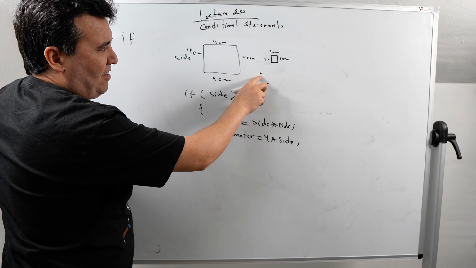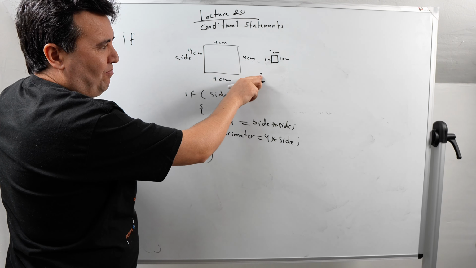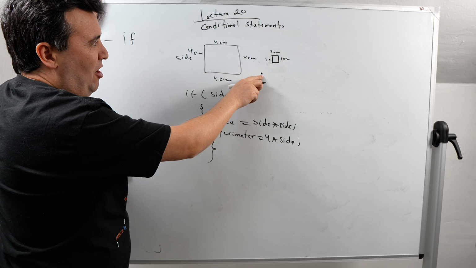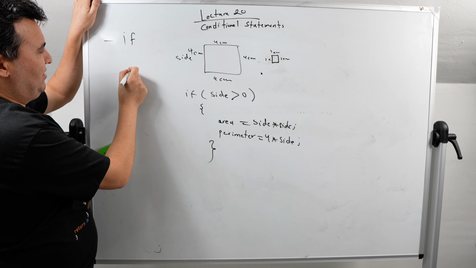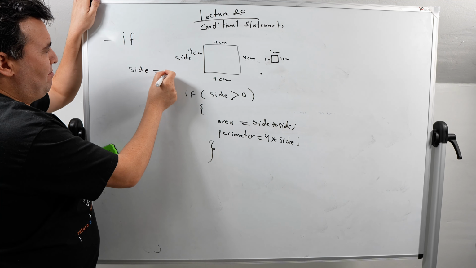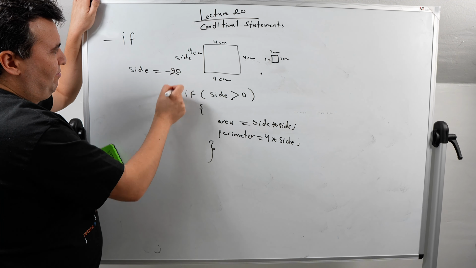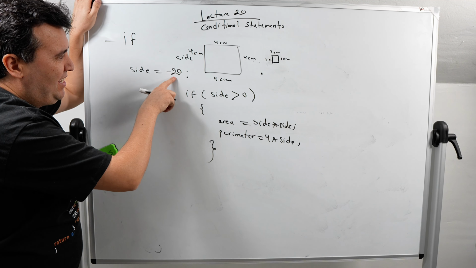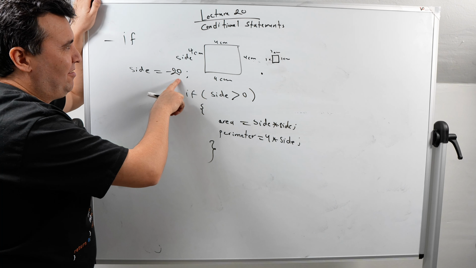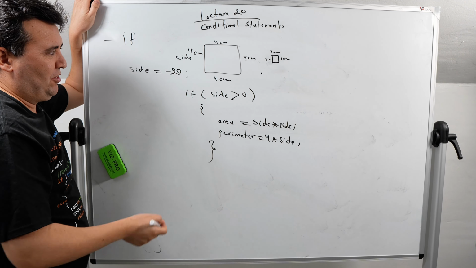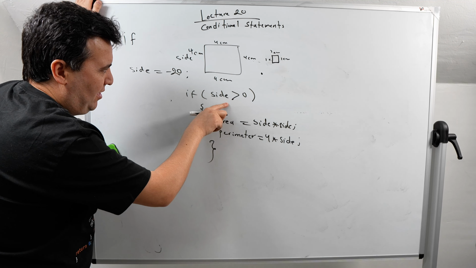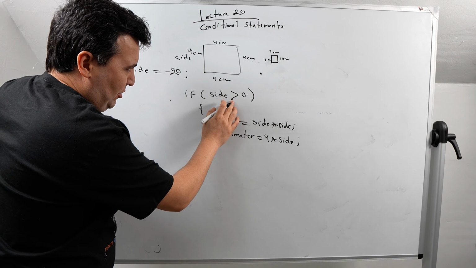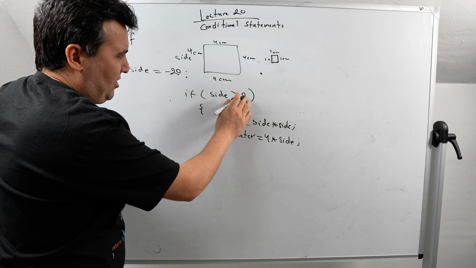We don't need to calculate the area and perimeter of this square. Or if the side becomes minus 20, we don't actually have a square of minus 20. So we need to check here if the user enters a value larger than 0,